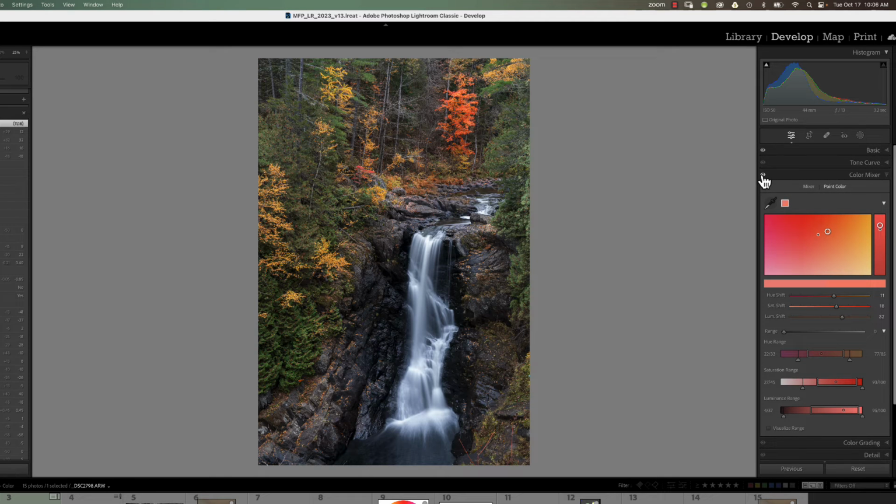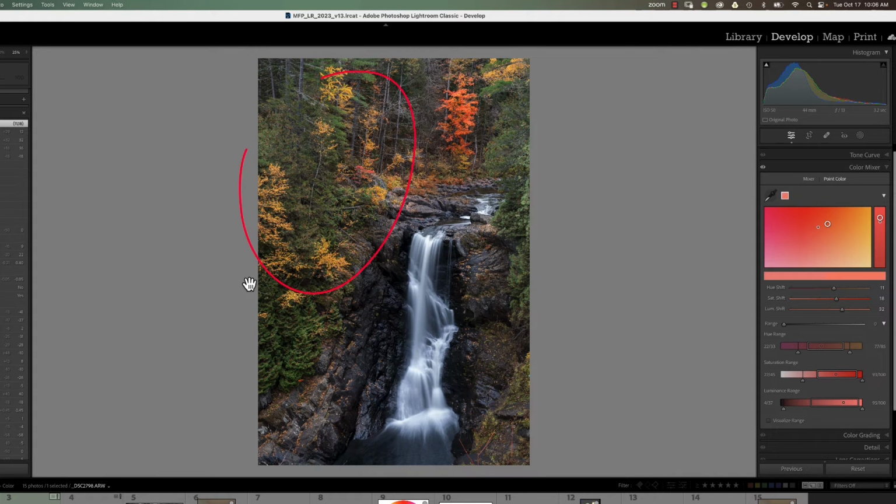Now if I turn the eye off of the color mixer, that's before, after, before, and after. All right, the next thing we want to do is brighten up these yellows a little bit. So let's take our eyedropper, hover over a yellow color, click, and we get a new color swatch right here in the yellow. So we'll turn on the visualizer,